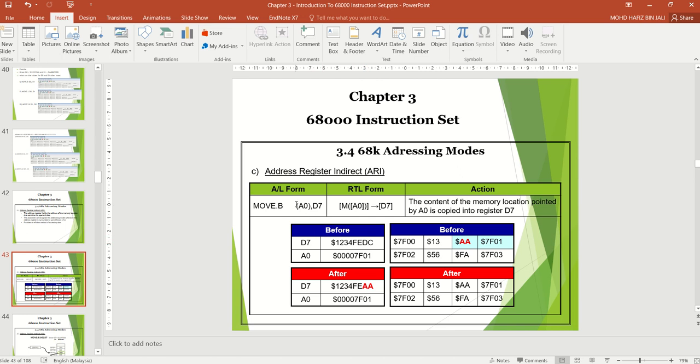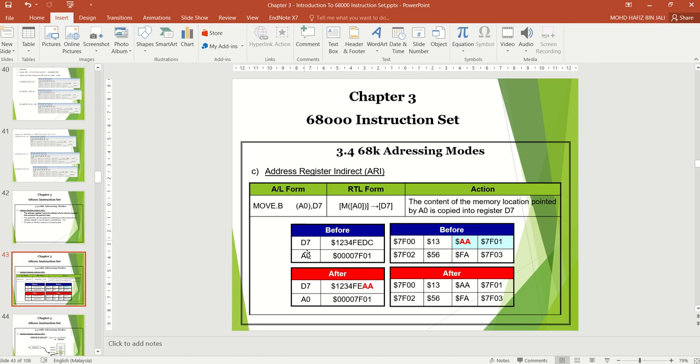The content of A0, you need to see from this memory map: 7F00 is 13, 7F01 is AA. So we transfer the byte into D7, and after the execution the value will be 1234FE AA; the byte size DC will be replaced by AA.